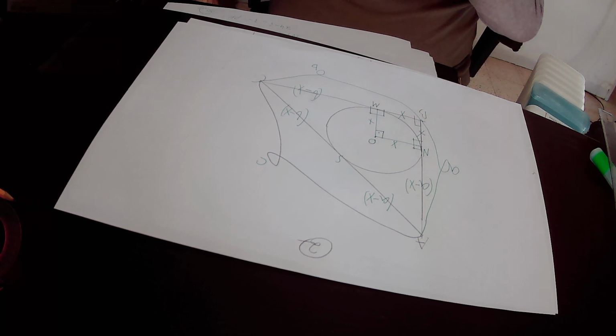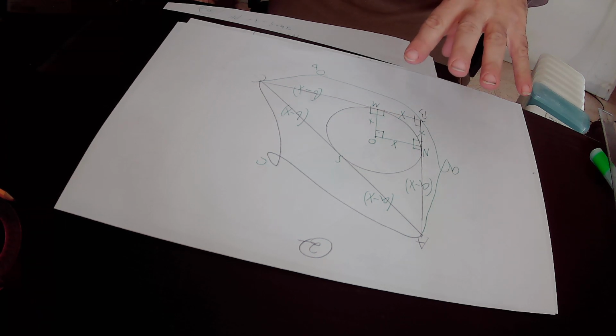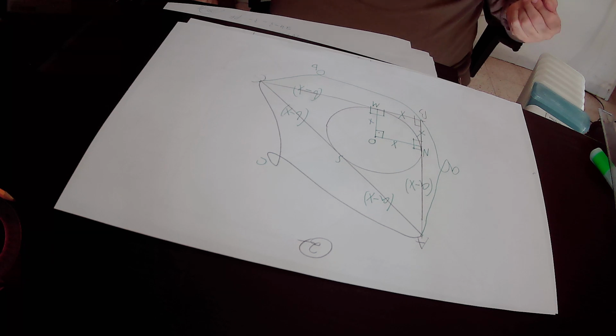So we developed a new formula that will help us find the radius of this circle, that is to say the value of X, only by knowing the side lengths of the right triangle that encloses this circle. So here